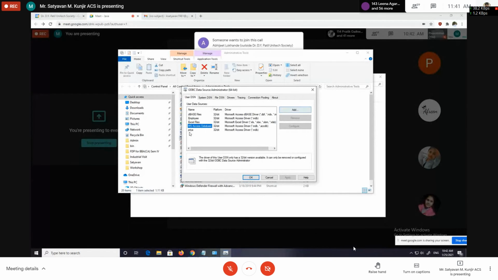First see the practical demonstration, and then you can write. Because we have to create DSN for access database, we click on it, and then click on add button. Shall I click on add button? Yes, I am clicking on add button.